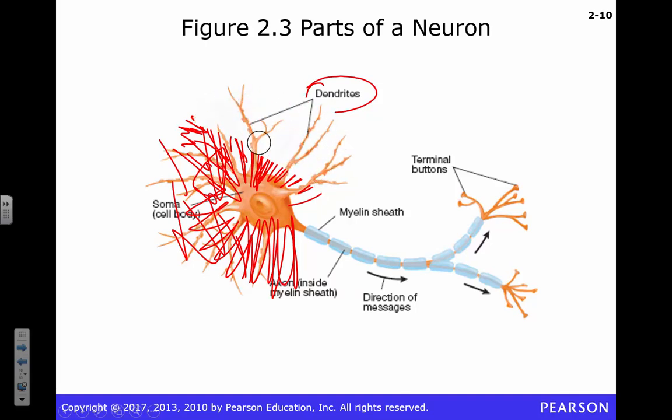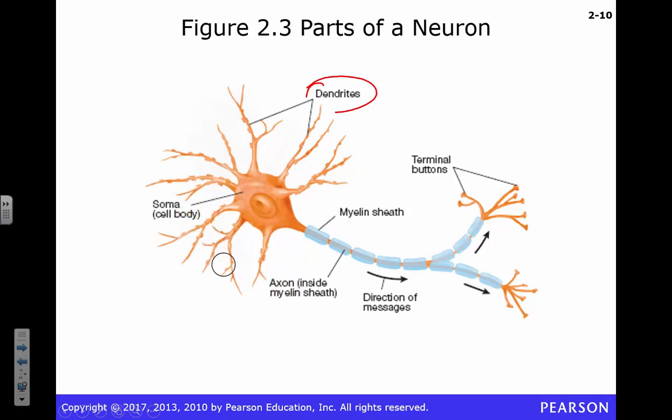This is a drastic underrepresentation of your dendrites, and that's fine. You got a bunch of these. These guys are responsible for catching, on average, 10,000 other inputs, okay, from other cells, right, from other neurons. Some of these will only collect one input. That's a very special case in your retina. We can talk about that. Some of them will collect as many as 100,000 inputs.